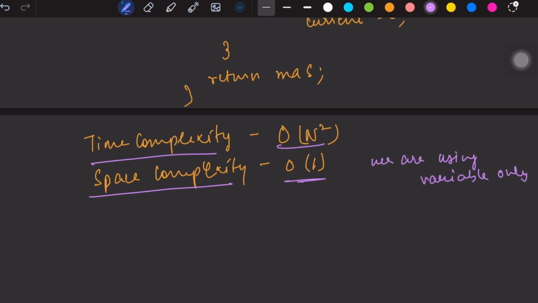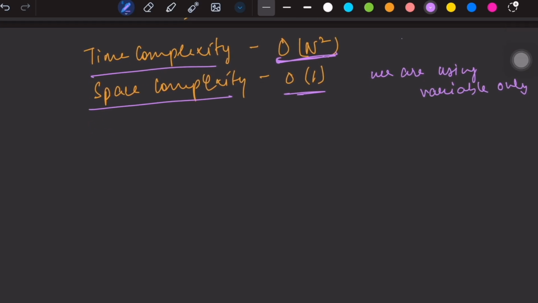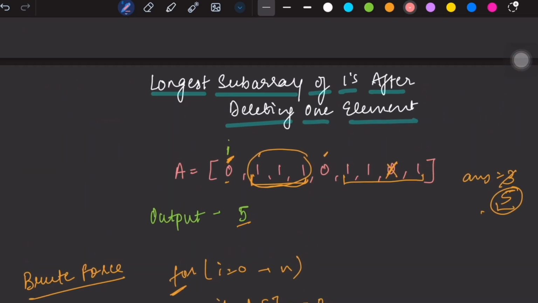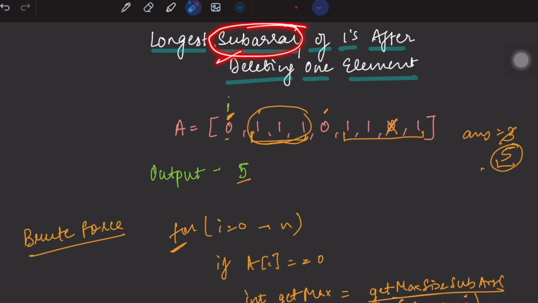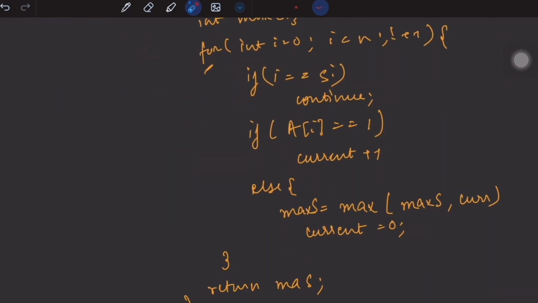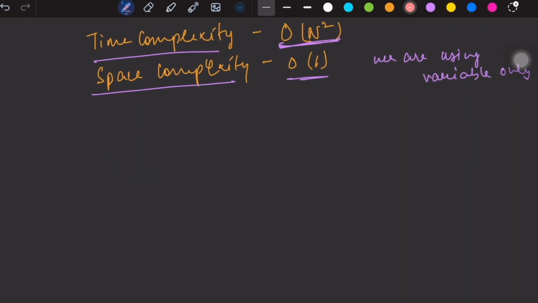Okay, so now the interviewer will ask to improvise on the time complexity. So now the main approach of the sliding window comes. As we discussed in the earlier video, whenever we have a question related to subarrays in arrays, and we have to do some operation like deleting one element, and find the size of the longest subarray, this generally involves sliding window and two pointers. So now we will go for the sliding window